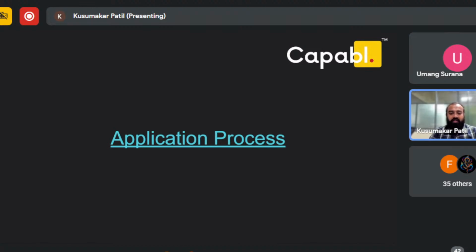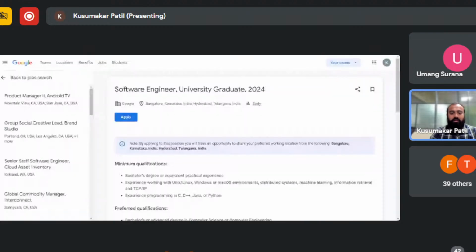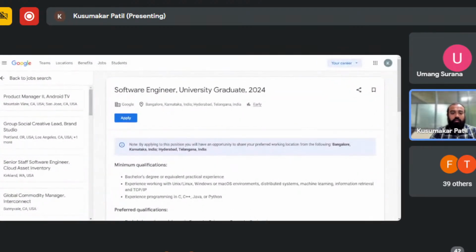Now I'll walk you through the application process through the given link by Google. I hope my screen is visible. Yeah, so this is the application given by Google, and let's just try applying here. Once you click on the apply button,